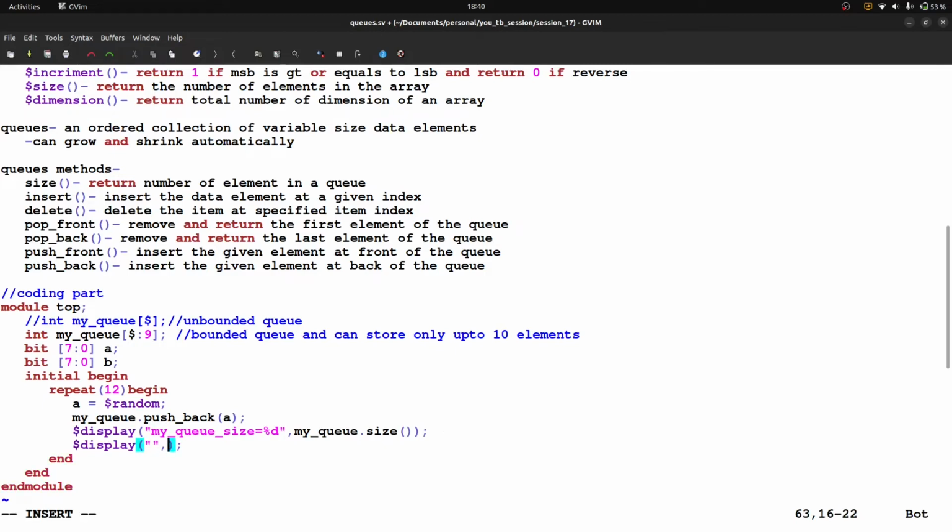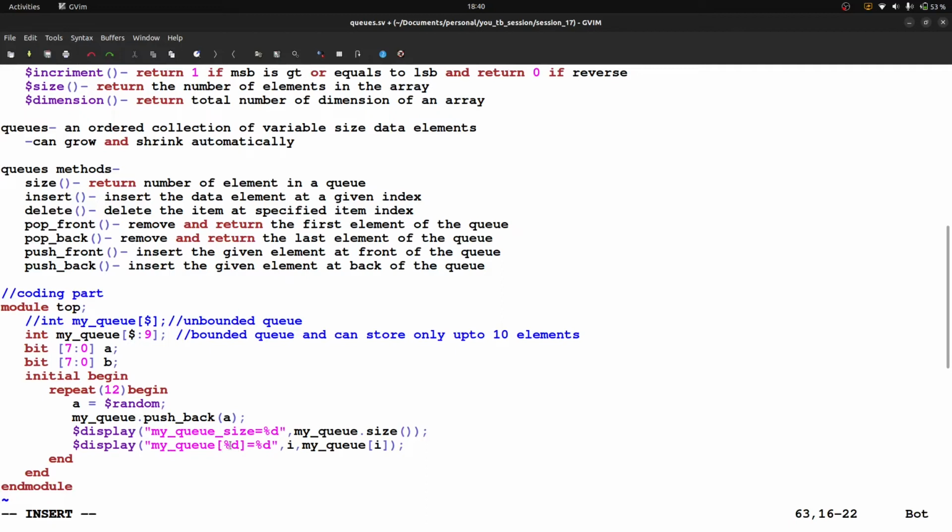So here I can write, let's say, my_queue, inside that %d is equal to %d. Here I am writing i, and here I am writing my_queue of i. So what does that mean? Here I am writing my_queue just for my own understanding. It doesn't make any difference. You can write anything, right? Here I am writing %d.